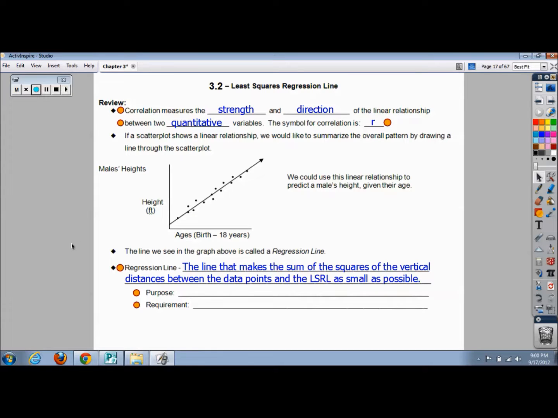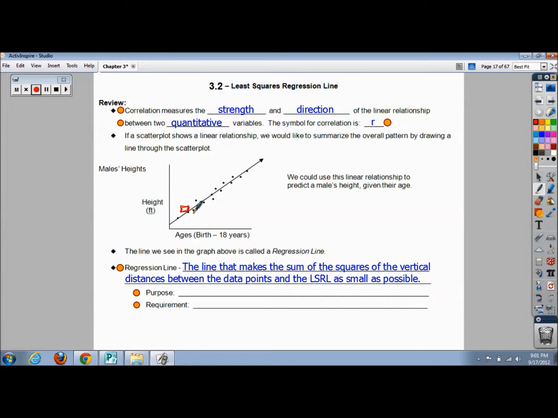The definition of a regression line is a line that makes the sum of the squares of the vertical distances between the data points and the LSRL as small as possible. Now I'm going to draw in here what I really mean by that, and hopefully it will be very visual. So if this line right here was our least squares regression line, and they're talking about the vertical distances between the data points and the LSRL, that's saying if I took this point here and drew a vertical line to it